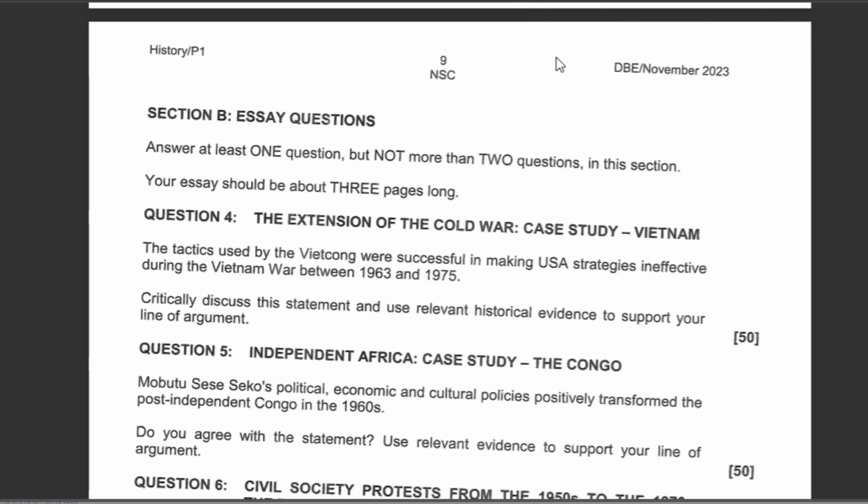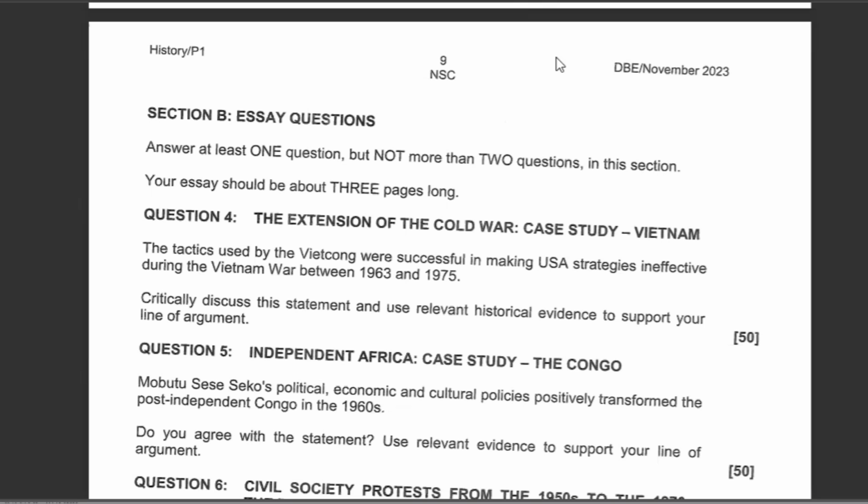Right, what was this strategy which was called the villagization? They were trying to split the guerrillas and the civilians. So what they did was they tried to put civilians in villages, or in hamlets, so that they would identify that whoever is not in the village was part of the guerrillas who were fighting them, and they would easily identify and attack them.